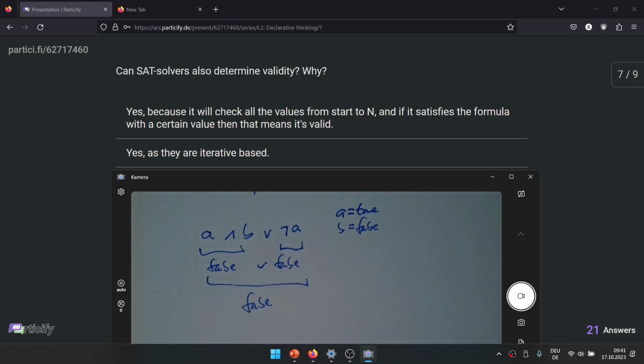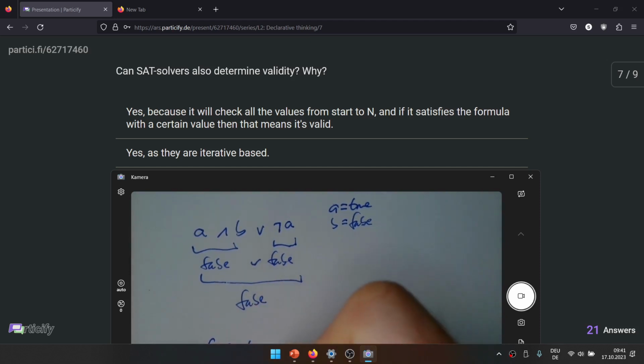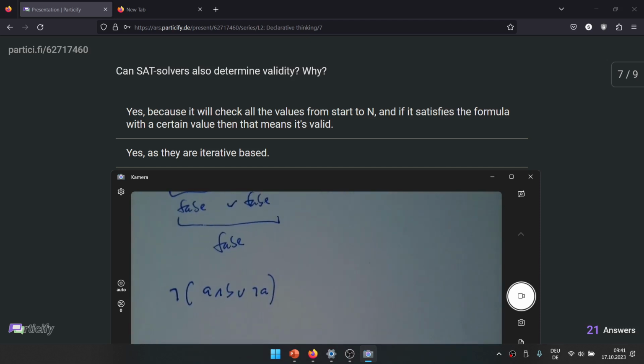So we negate the formula, not (A and B or not A), and then send this negated formula to the SAT solver. If it finds a solution, we have our example that this formula is not valid, because if this thing has a solution, then it gives us our false. So it's not valid. If it doesn't find a solution,